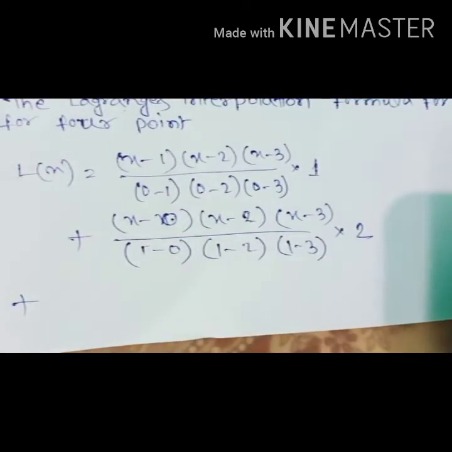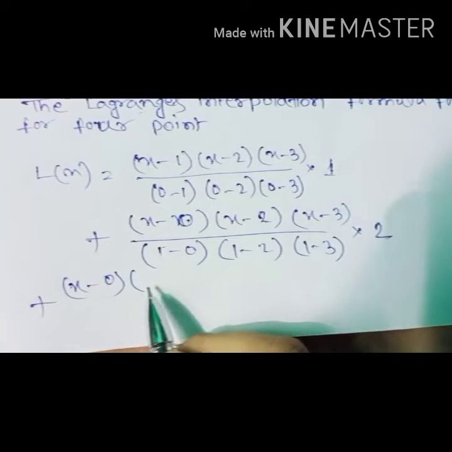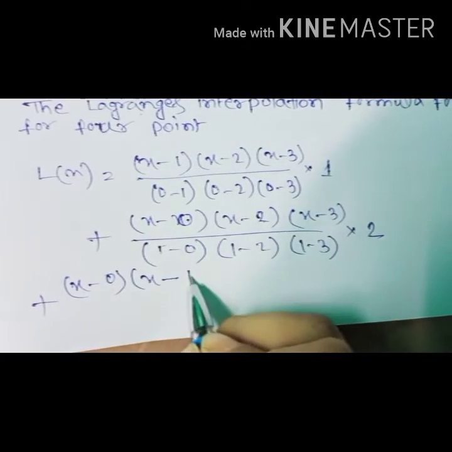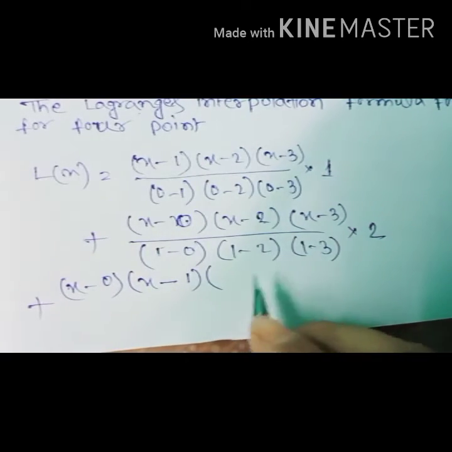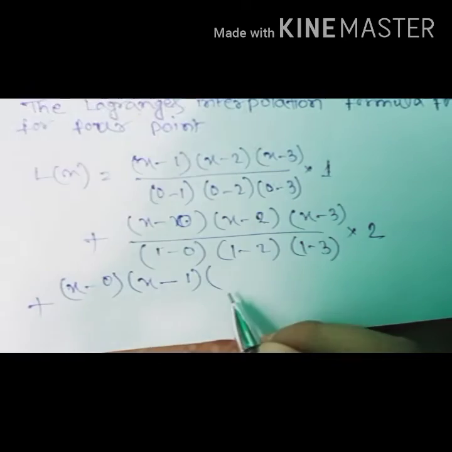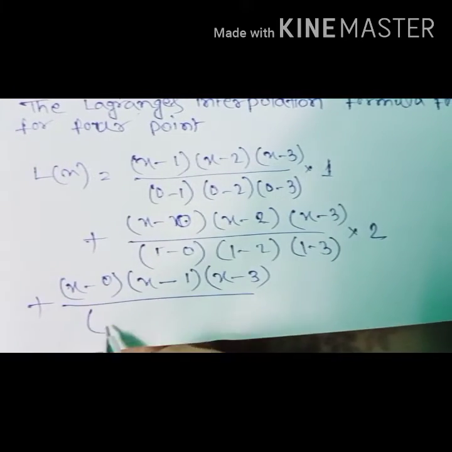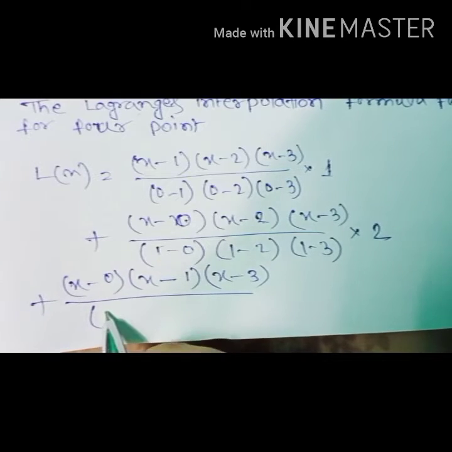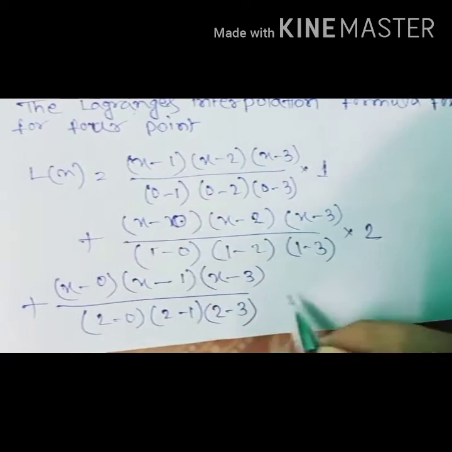The next term will be x minus x0, x minus x1, omitting x2, so x minus x3, divided by 2 minus 0, 2 minus 1 and 2 minus 3,